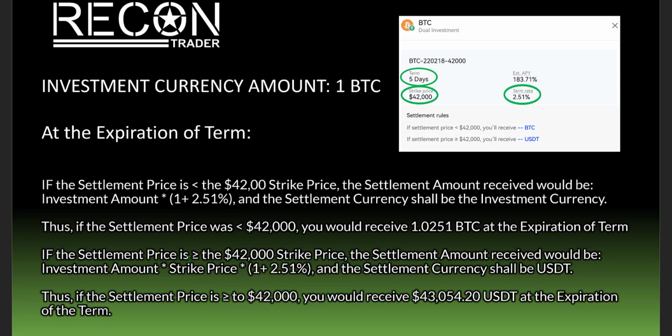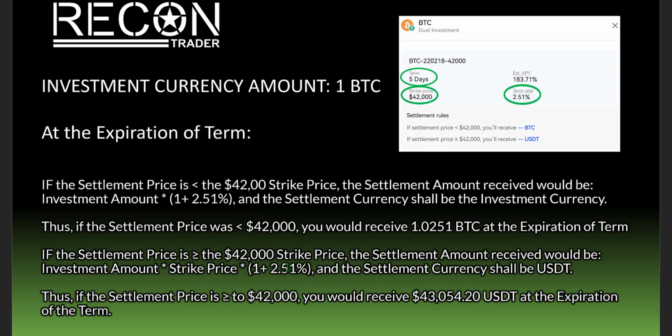If the settlement price is greater than or equal to the $42,000 strike price, the settlement amount received would be investment amount, which would be 1 BTC, multiplied by the strike price, multiplied by 1 plus 2.5%. And in this situation, the settlement currency would be USDT. Thus, if the settlement price is greater than or equal to 42,000, you would receive 43,054 USDT at the expiration of the term, which is basically your initial investment of 1 BTC at $42,000 plus the